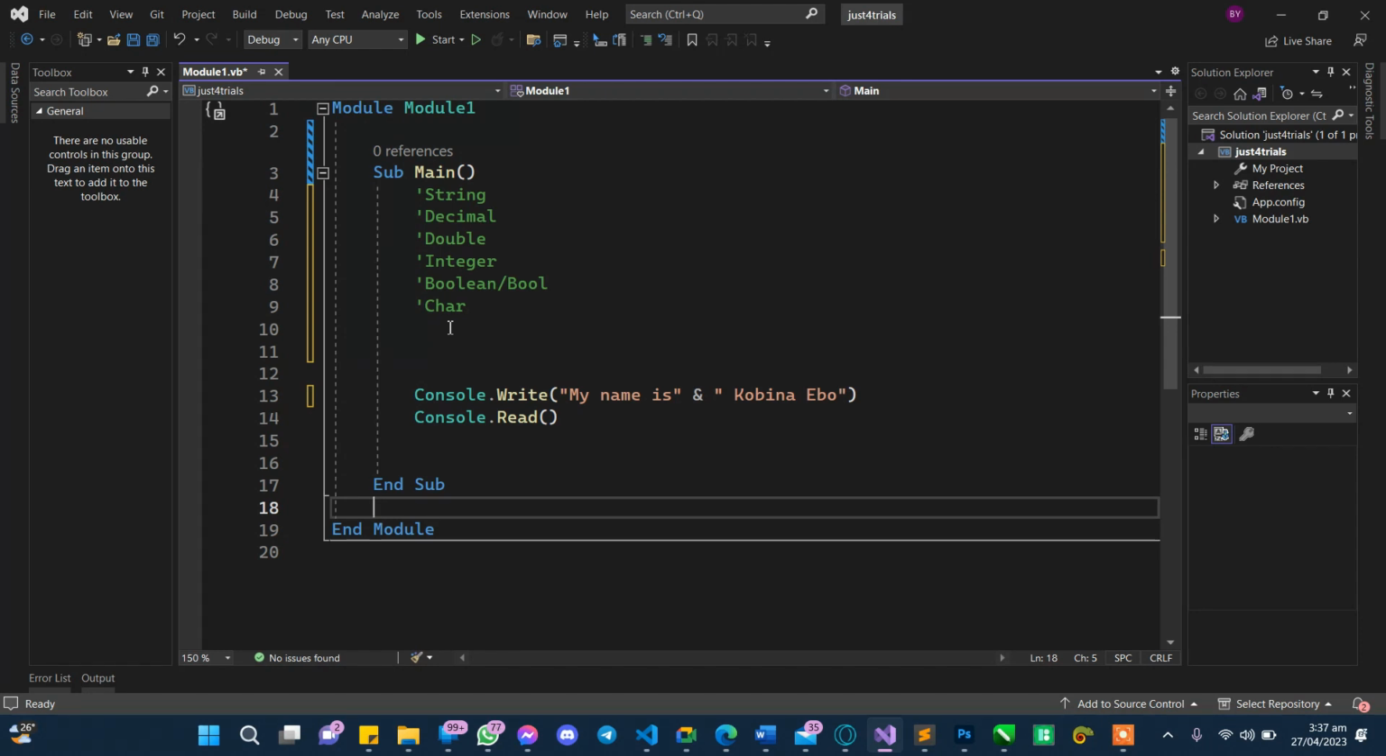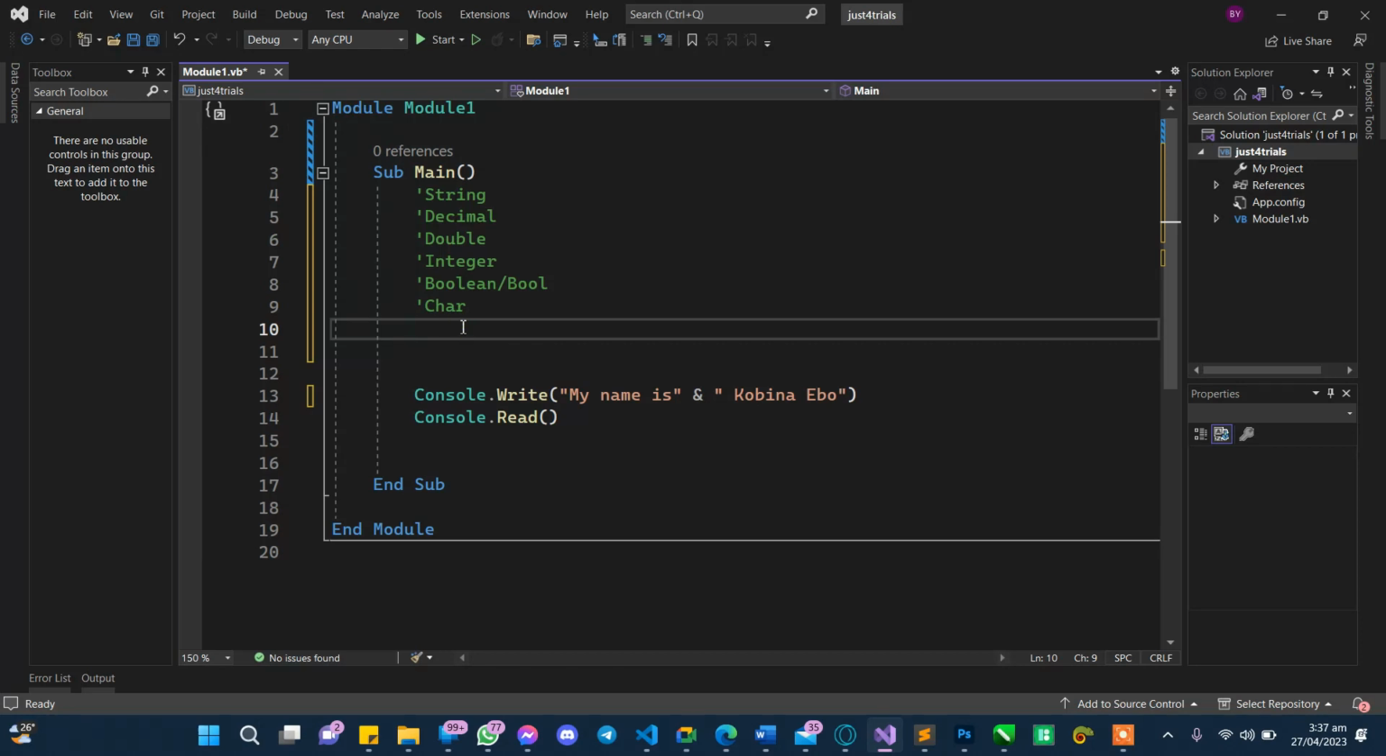Yeah, Char. I'm talking about Char. Char simply is used to represent just a character. It is best used for a character. So we can have something like, okay, for the Boolean, we can have something like Jim